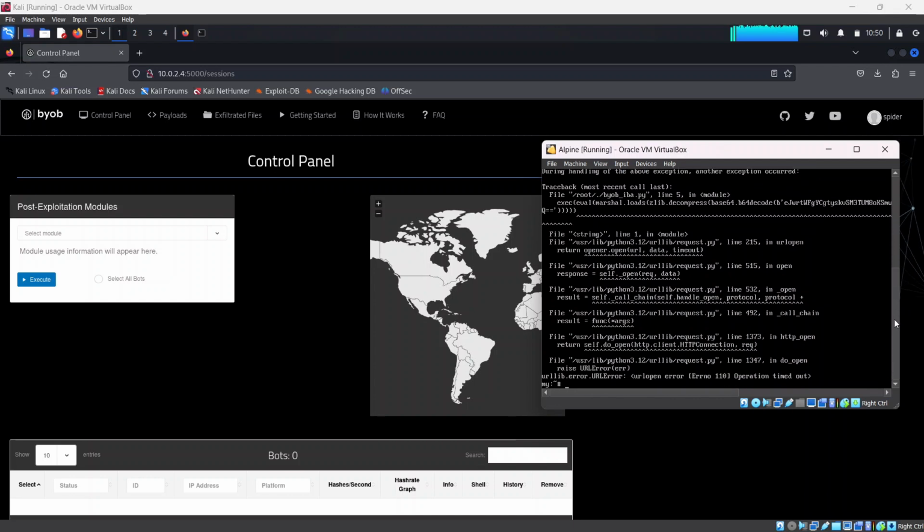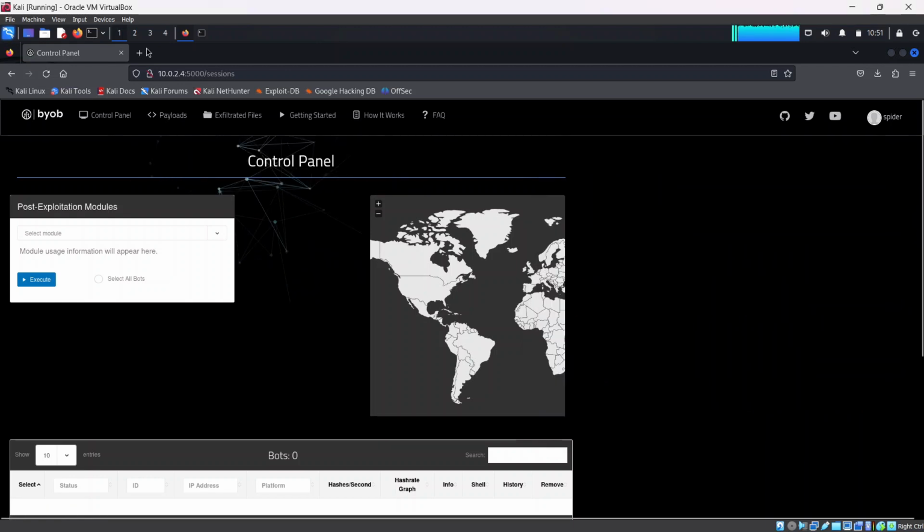So what is the error? It says operation timed out. As you can see, URL error, URL open error, operation timed out. So this is one of the bugs we are going to fix in this video. What is happening is that it's trying to connect to a particular IP address, and for some reason it is unsuccessful. So in order to fix this, we'll go to our